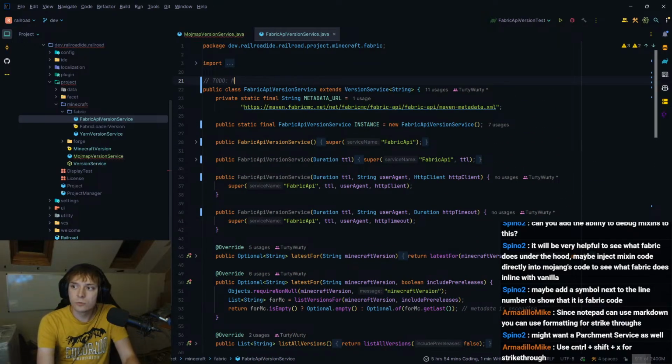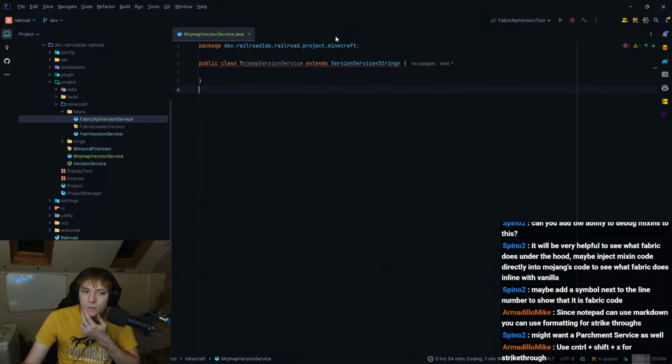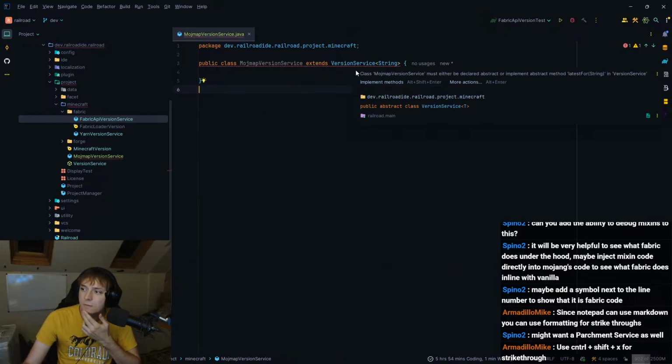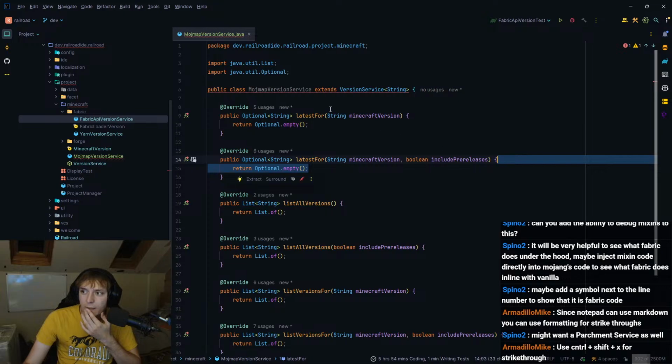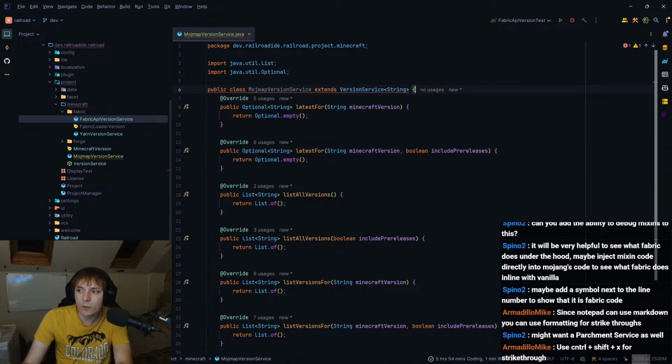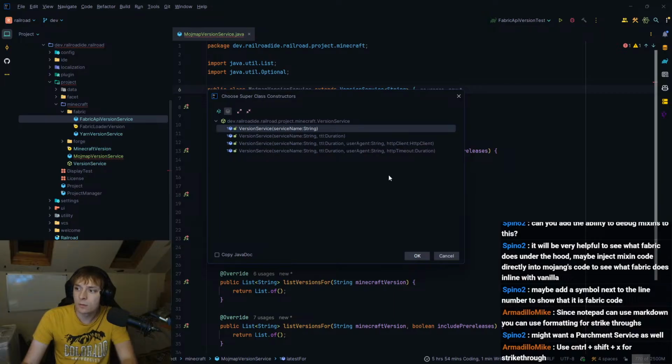To do: make this async, which will probably mean rewriting VersionService, this version service that isn't async. Right now it's fine because it runs fast enough, and it should be running at the start anyways.